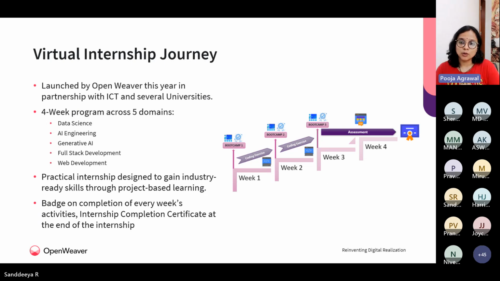Only when you do all these coding exercises, you are able to get your badge. Every week we give you a badge on completing your coding exercises. And then post the fourth week, we provide you with an internship completion certificate only if you have submitted the project as well as your exercises for each week. So it is very important that you take these sessions really diligently